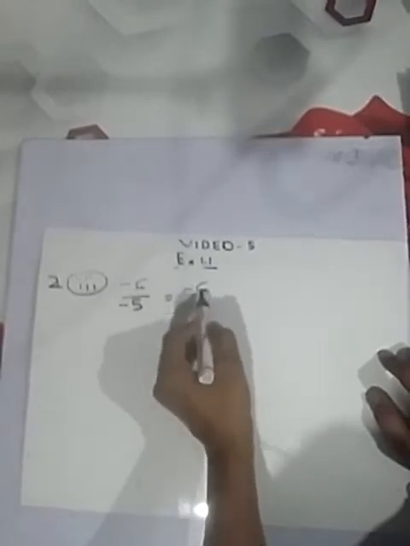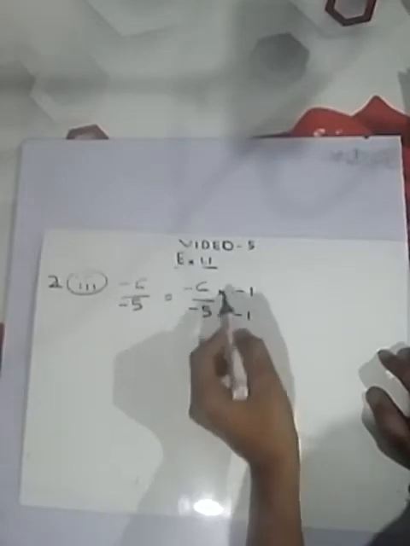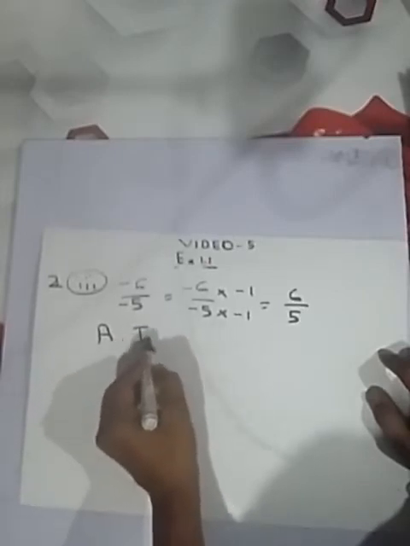Now the third part, I have to find out the additive inverse of this number. First, since these both contain minus, let's just solve this. We first write them in standard form. For this, we have to multiply the numerator and denominator by minus 1. It will give you 6 upon 5. Now, the additive inverse of 6 upon 5 is minus 6 upon 5.